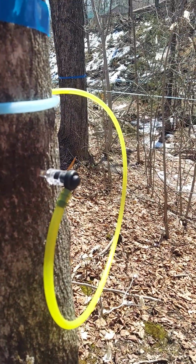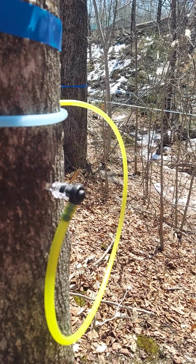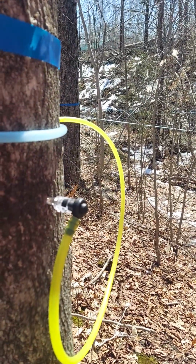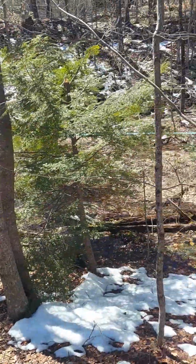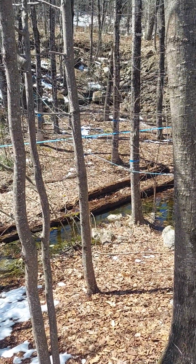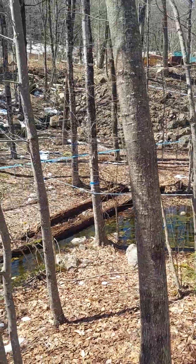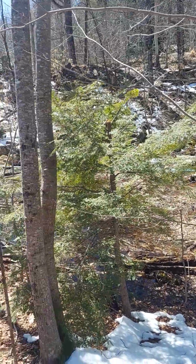So we started pulling taps here a couple hours ago. We had a bunch of damage from the snow, mostly just main lines pulled down. This new main line up through here took it pretty hard in place. It just got pulled down. I didn't have enough side pulls on it. I knew that when I put it up, but when